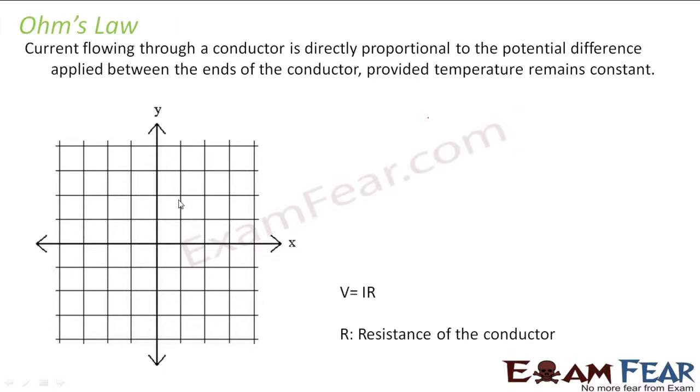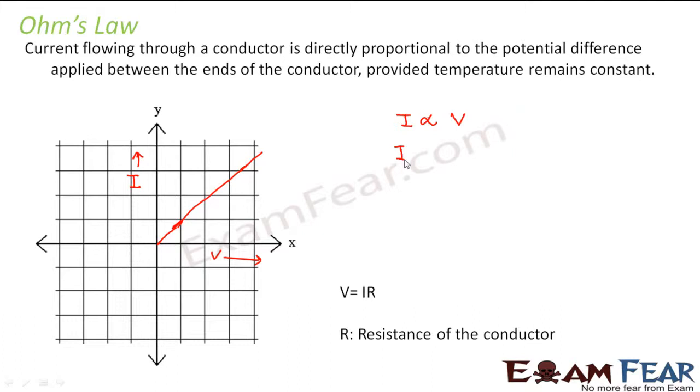So what he actually did, he had set up a circuit and he kept on increasing the potential difference between the ends of the conductor, and he kept measuring currents for different values. Then he plotted a graph where he took voltage along the x-axis and current along the y-axis, and he found that the line which was obtained was something like this, which showed that current is directly proportional to the potential